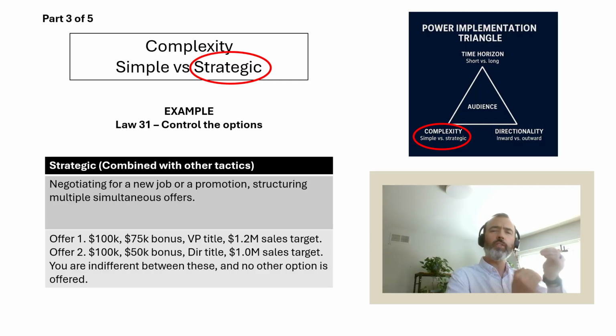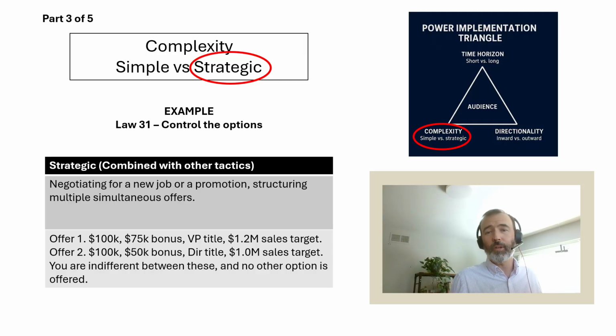And you're varying small things inside of those options in order to discern what their true interest is, or where are the things that they value more and the things that they value less. And it produces a valuable discussion, even if they don't choose one of these options. So here you've offered, I want a base salary of 100K, a 70K, 5K bonus, and a big sales target of 1.2 million, or I'll take a salary of 100K, a 50K bonus, but a smaller sales target and a smaller title with lower responsibilities that's easier to hit.